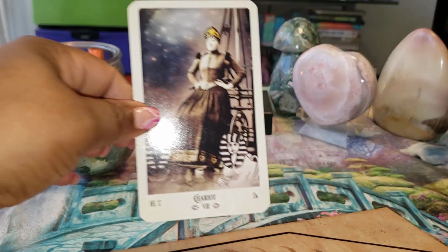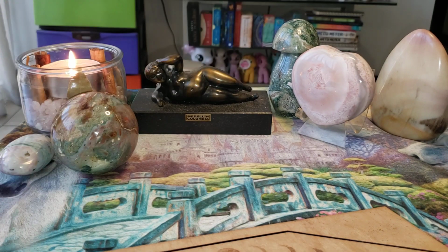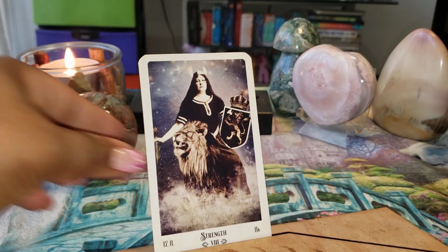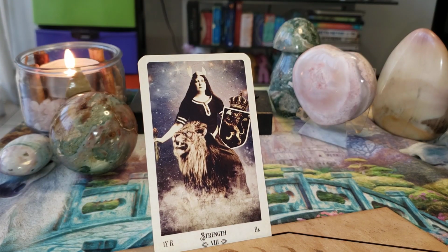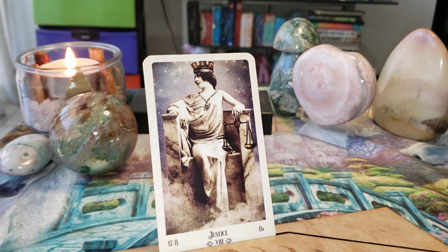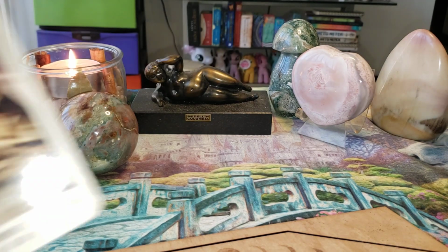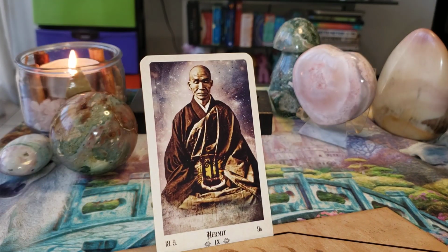A lot of decks offer, not a lot, but some decks offer that choice. I like that choice. So no matter what your sexual orientation is, you can pick the one that you like. I mean, the lovers is the lovers regardless of what you pick, but that is still a fun choice. I've seen a lot of different decks now to give you choices. I was looking at one that gave you more than one choice, actually. Like the artist just drew more than one picture and was like, look, just take the one you like the